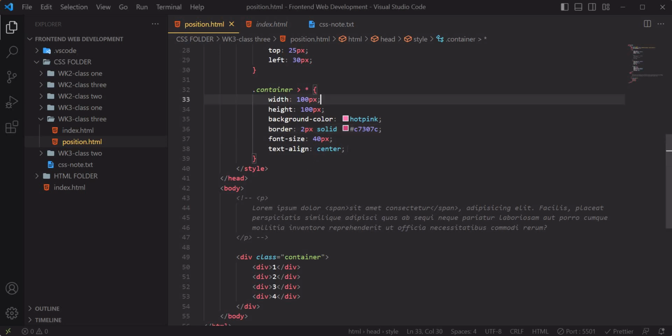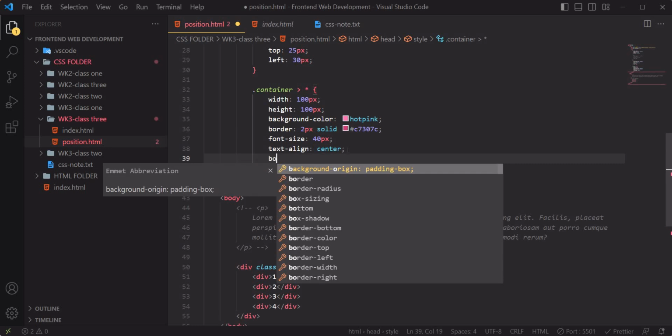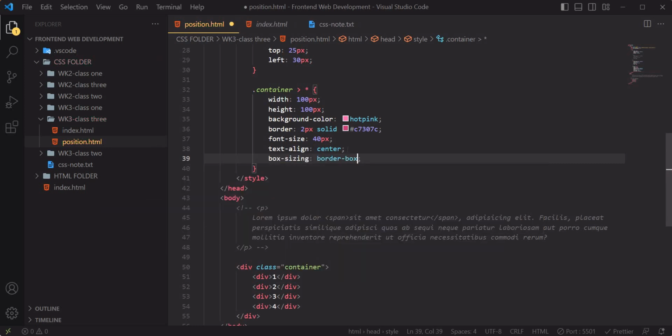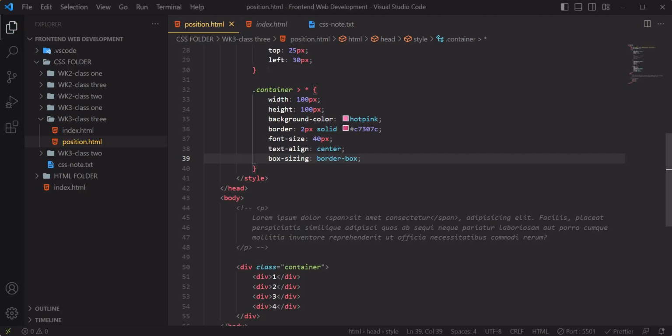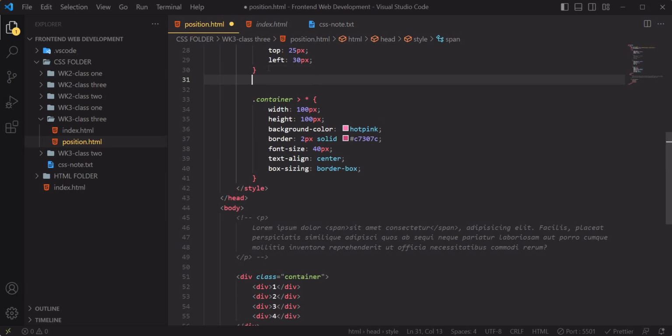So I will make this box sizing border box. I already explained this yesterday. So let's see. Can you see? Beautiful. So let me give the container probably